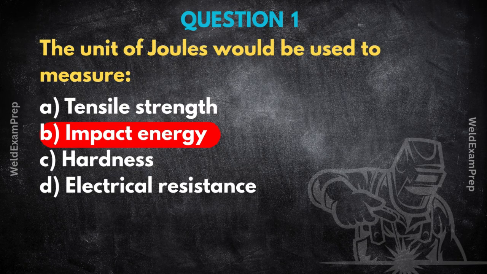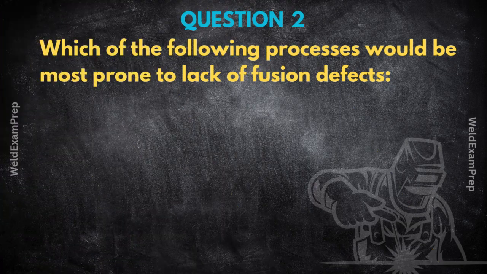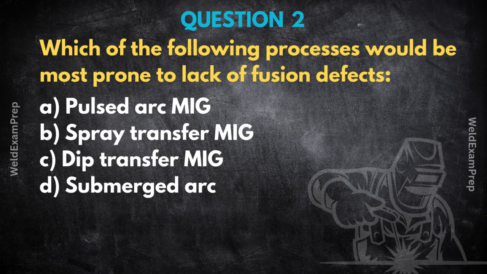How our choices there can create risks. Good transition. Question 2. Which of the following processes would be most prone to lack of fusion defects? A, pulsed arc MIG; B, spray transfer MIG; C, dip transfer MIG; or D, submerged arc? Lack of fusion. Yeah, thinking about how these work, which one stands out as being maybe a bit notorious for this particular defect? Okay, for this one, the process you really need to watch for lack of fusion is C,